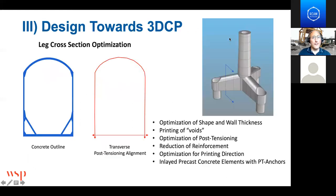Now, if we're thinking 3D concrete printing, then we want to build that same leg a little bit differently. For once, we want to optimize the shape and the wall thicknesses. Since we can now print more complex shapes and sizes, we take advantage of printing voids and optimize the structure towards post-tensioning so that we can reduce the amount of reinforcement needed within the printing process. And then we optimize the structural components so that they are optimized for the printing direction of the printer. And complex inserts like post-tensioning hardware could potentially be inlaid as part of precast concrete elements,